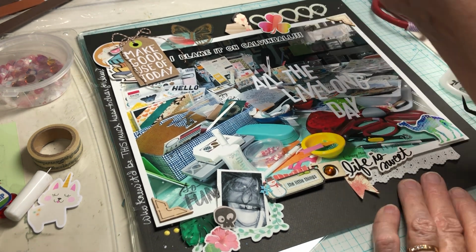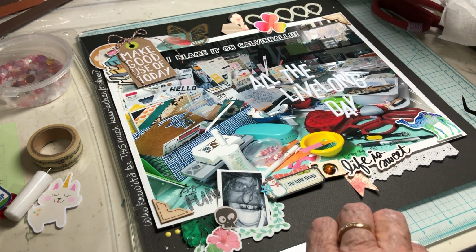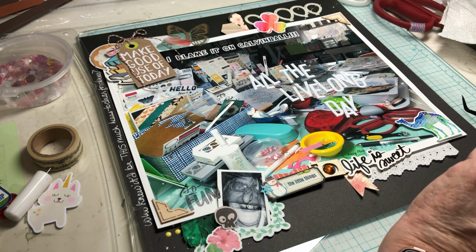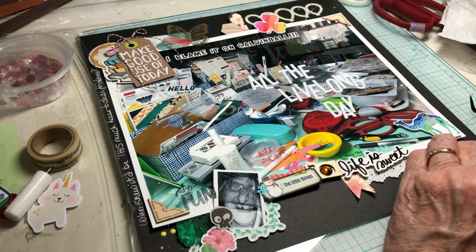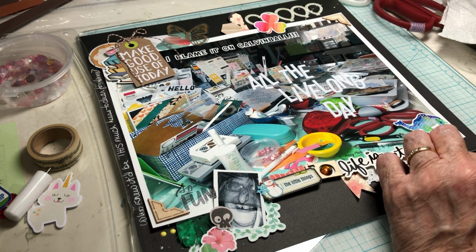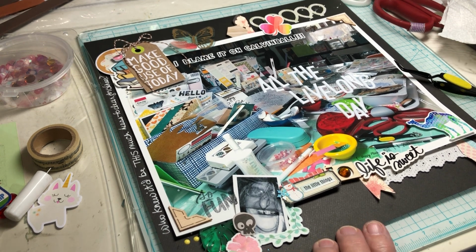I don't need the geometric pattern paper because I have it on the balloons, but I still want to use two feathers, and I like their colors. So I'm going to kind of use them to hide the cut end of this, let me burnish that and get it stuck down there. Okay, it hides the cut end of my doily. All right, now we go to